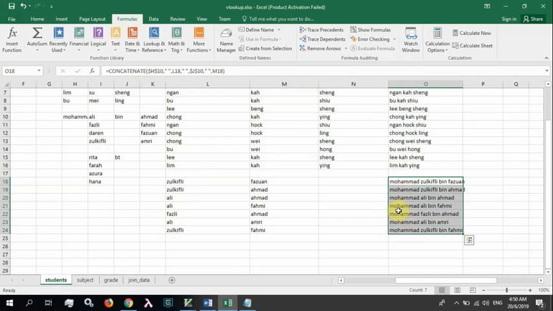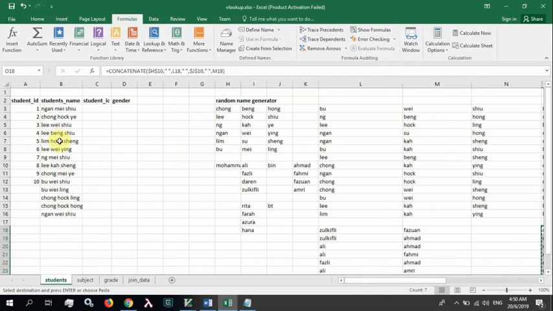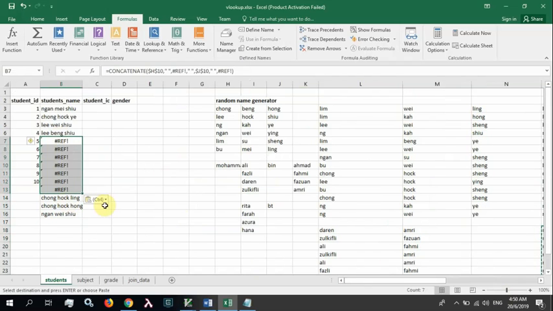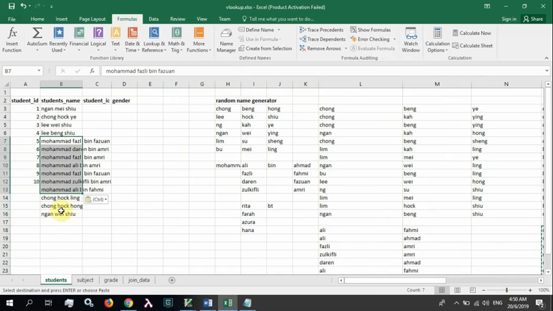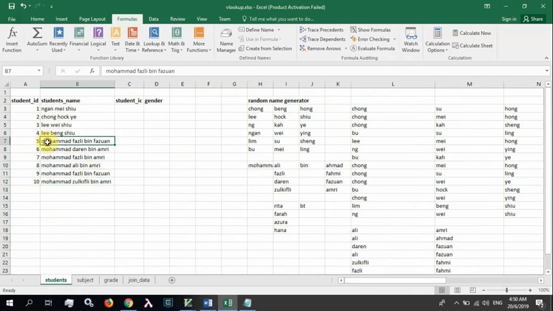One last step, copy. Maybe I just wanted to have 5 and 5. This one, copy by value, like what we did just now. Okay, and the rest I can just remove. So I've got 5, okay, 4 Chinese names and 5, so it's 6 Malay names. That's fine. Okay,